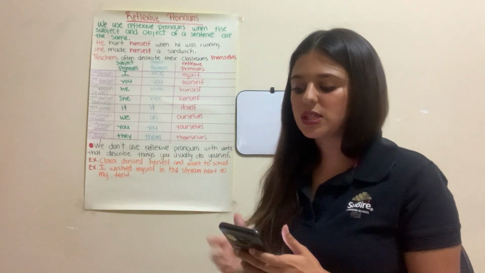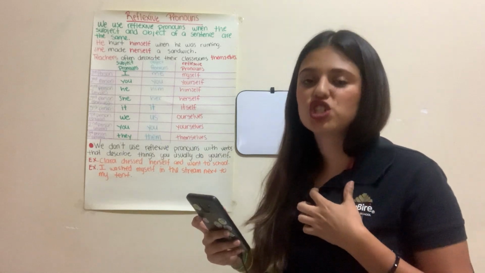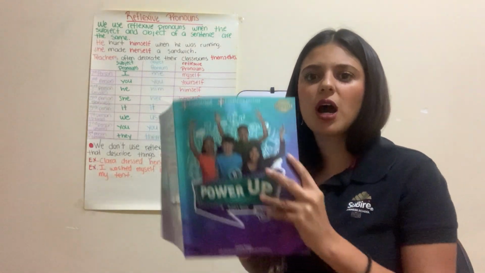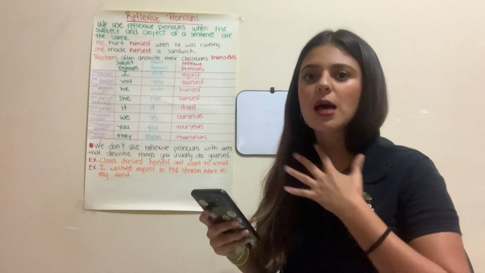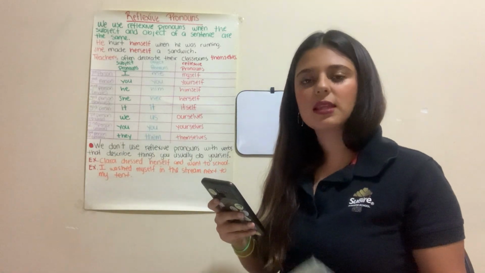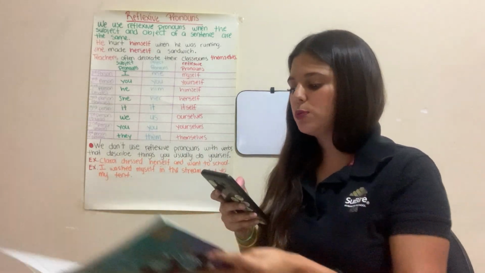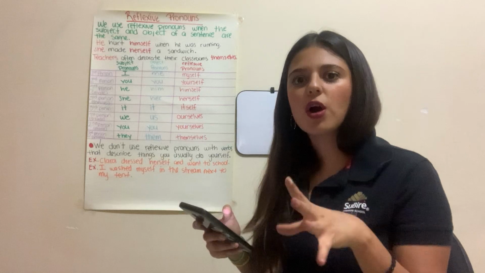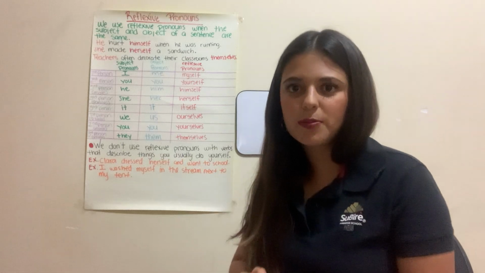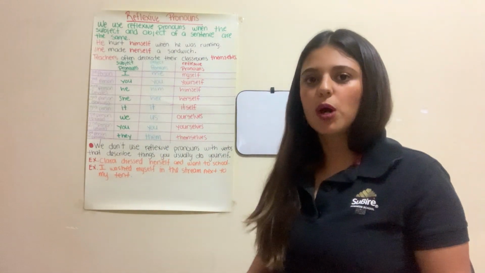Okay, there are also the possessive pronouns. We use those when something is under our possession. That's why the name. So for example, this book, whose is it? Who's the owner of this book? Oh, this book is mine. This book is yours. This book is his. This book is hers. This book is ours. This book is yours. And this book is theirs. Okay, those are the possessive pronouns. They exist, and you're going to see them on the pronoun chart because it's important for you to know that they exist. Now, going to the reflexive pronouns,